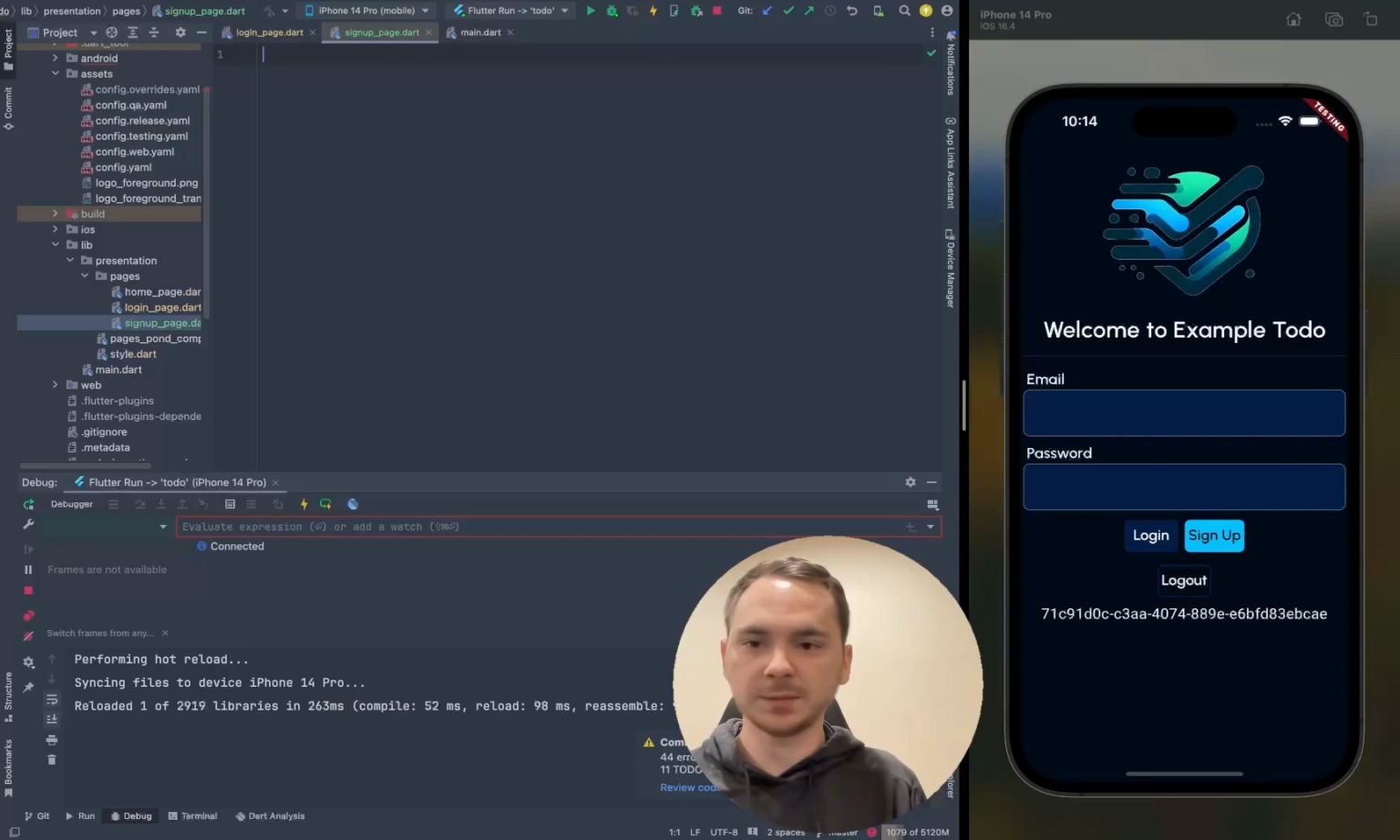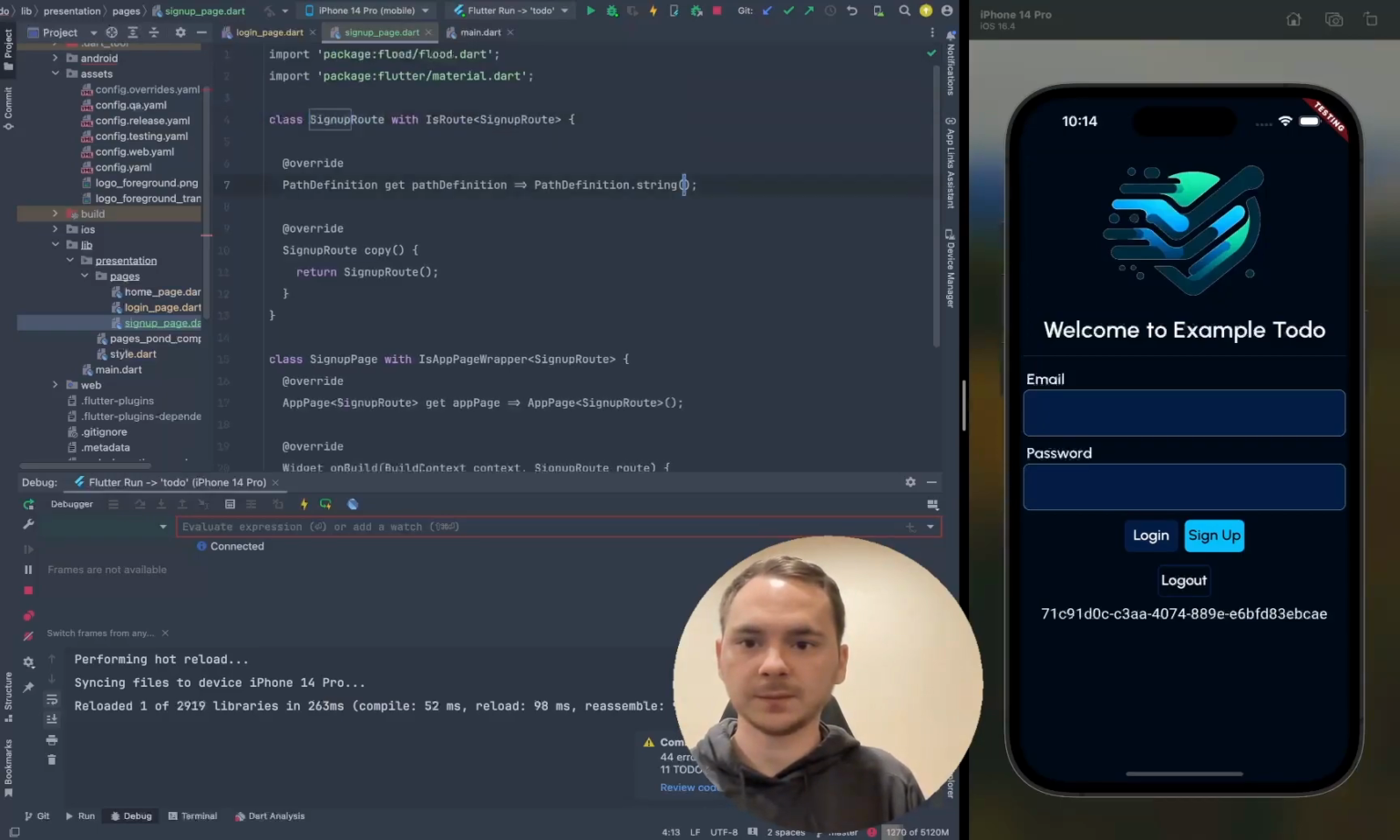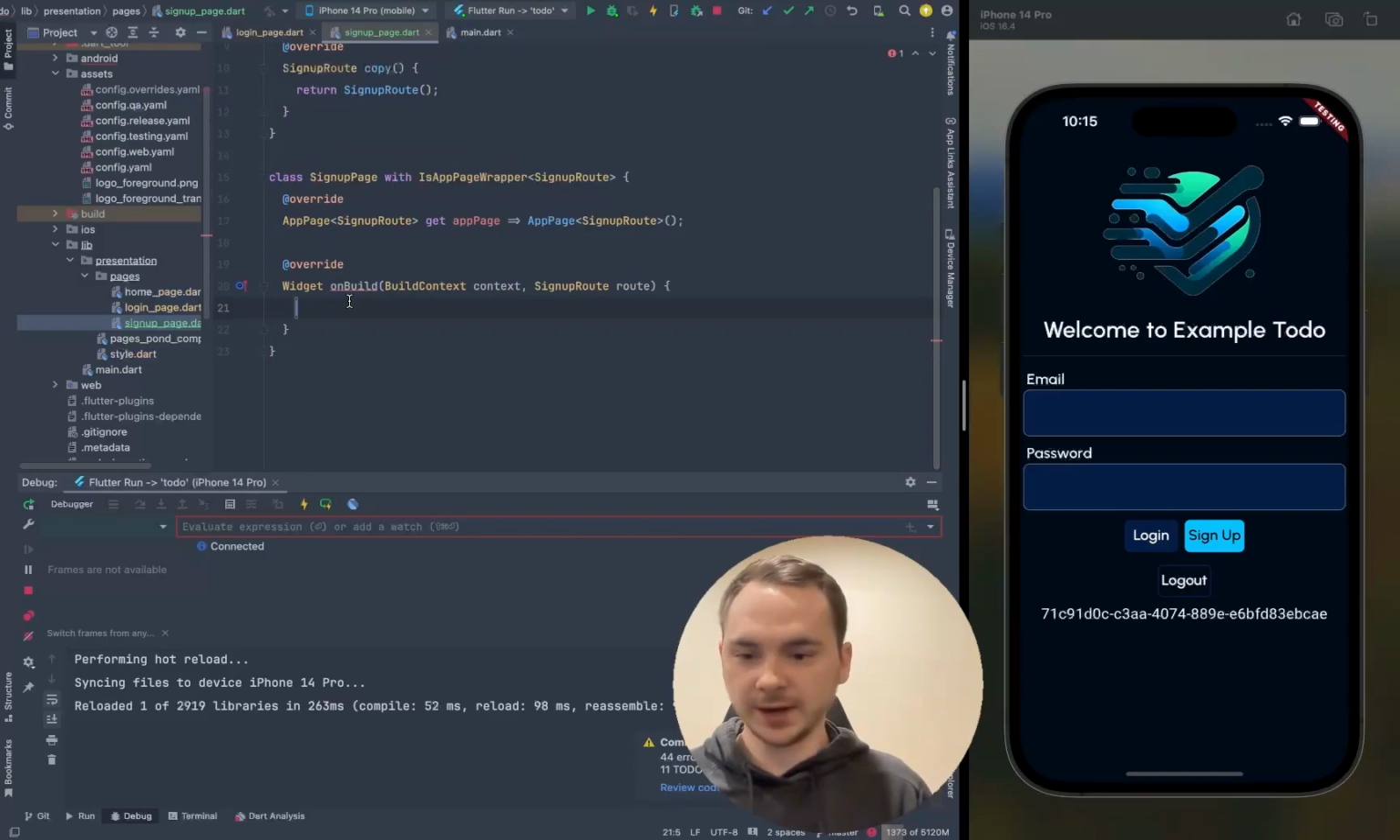I'm going to use my snippet. If you'd like access to these snippets, let me know down in the comments and I can create an IntelliJ plugin for you. With the signup route, let's go ahead and add it so that it works with the signup path. And then let's just for now add a scaffold page here, styled page